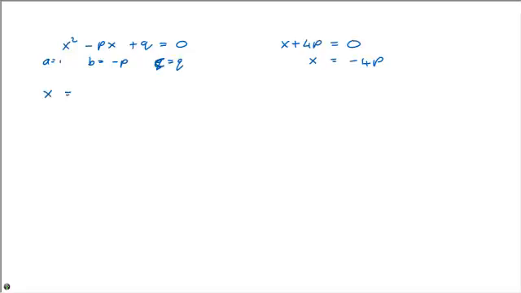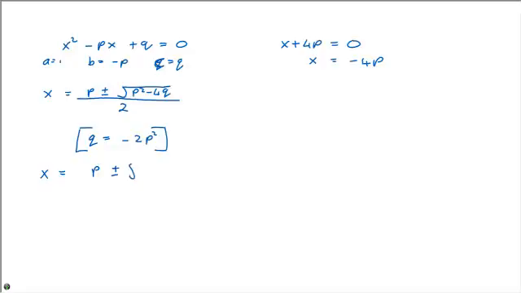So the roots are going to be p plus or minus everything is okay there, with the exception of that q in there. But we know that q from earlier on is equal to minus 2p squared. So we're going to sub that in. So x is equal to p plus or minus the square root of p squared